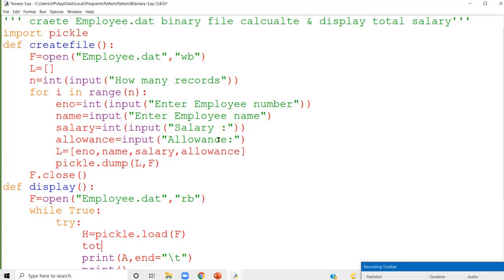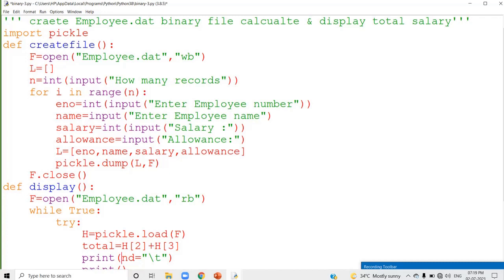So I am going to find out the total salary as, total is equal to h of 2 plus h of 3. So you are adding salary and allowance, and which is stored inside the variable total. Right? That is for only one employee you are doing this one. And again you are displaying it back. Instead of using a for loop, you can use the for loop.